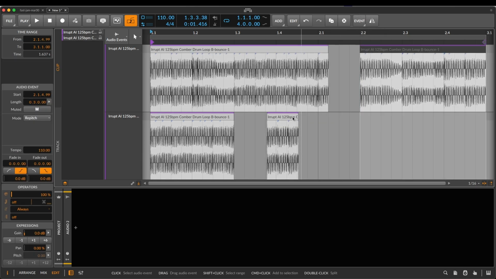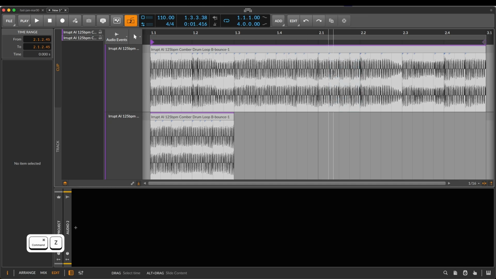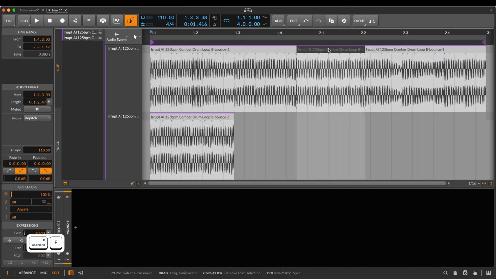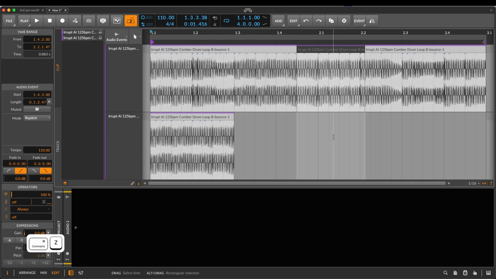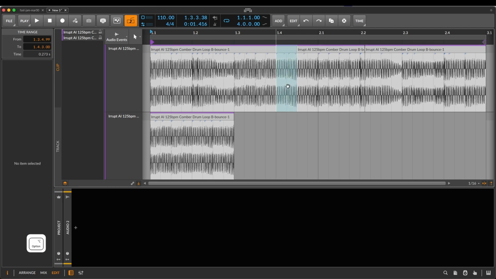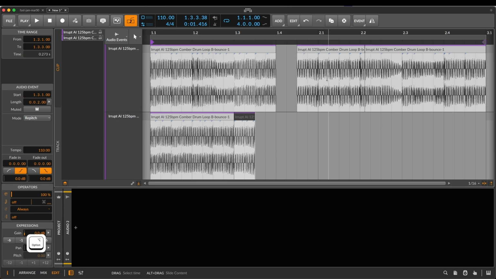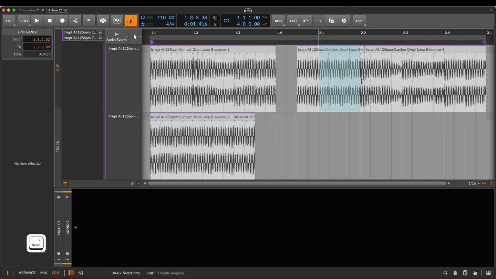Like I don't have to pre-slice this. I could have gone like this and then hit Command E to slice, then copied it out or pulled it out. But you don't have to do that. So I really like this sort of